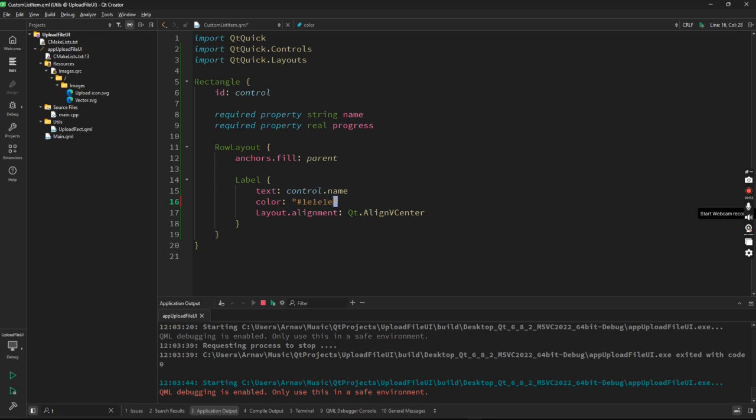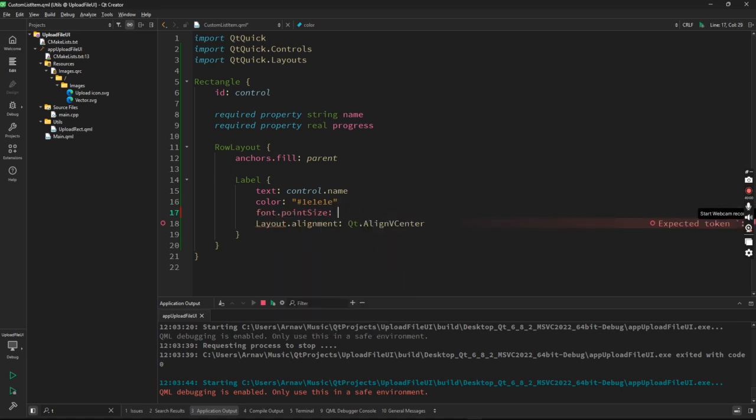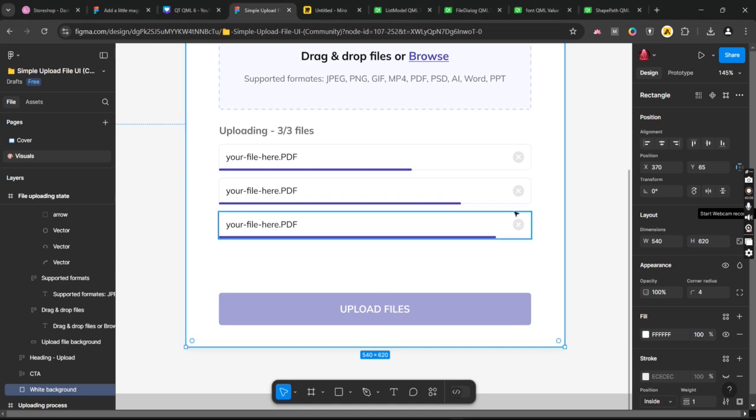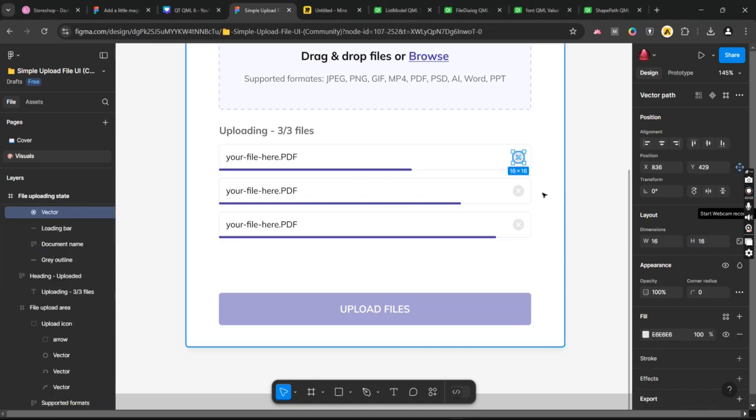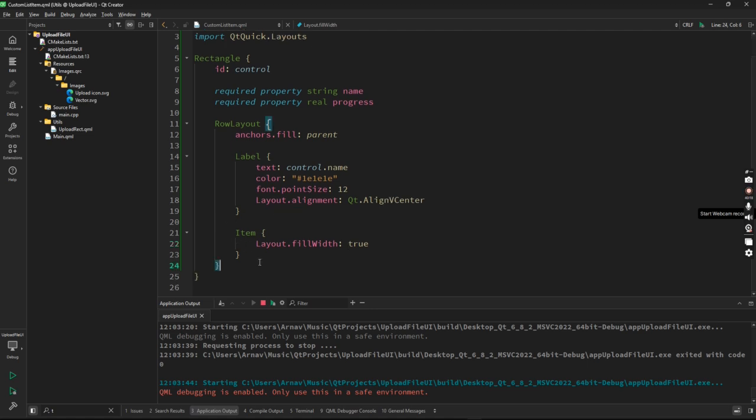For some other styles the color might differ. And the point size, I have to change the font point size to, let's say, 12. And the other right side part is an image, right? This image. So I'll be using an item to fill the width, layout.fillWidth true, to eat up the width between the label and the image. The right part will be an image,